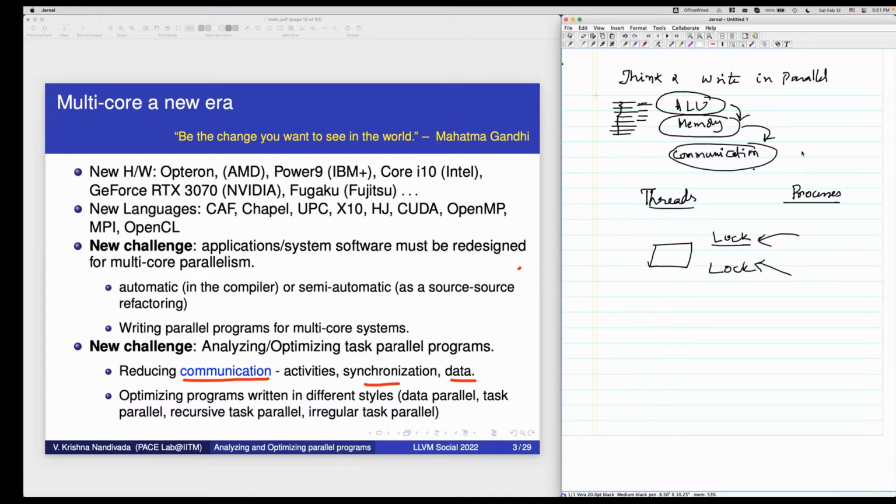Of course, it will help. But the biggest overhead is communication. You just reduce communication, that gives you a lot of savings. On top of it, improve memory, it will further improve. On top of it, improve ALU related things, you'll get more performance.